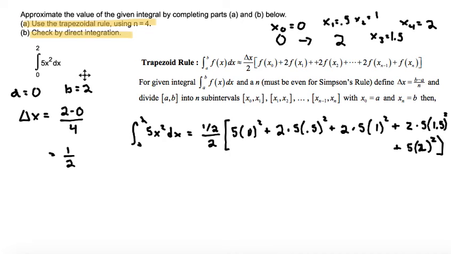So simplifying this would be 1/2 divided by 2, flip the denominator to make that 1/2 times 1/2, which is 1/4, times 5 times 0 squared, which goes to 0. Then we have 2 times 5, which is 10, times 0.5 squared, which is 0.25, times 10 is 2.5,